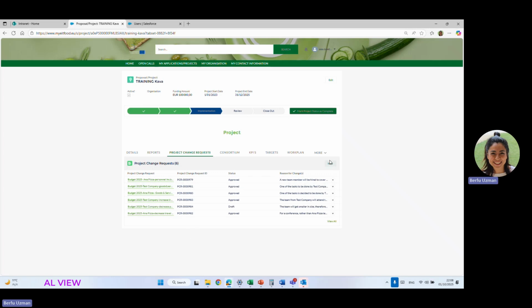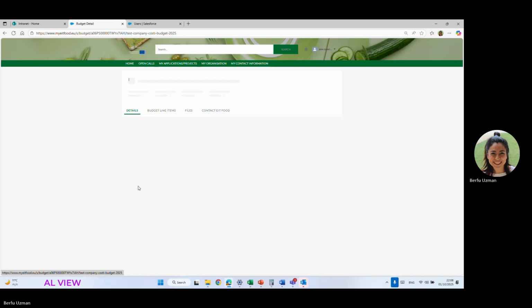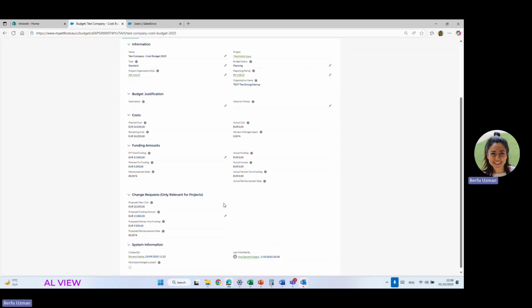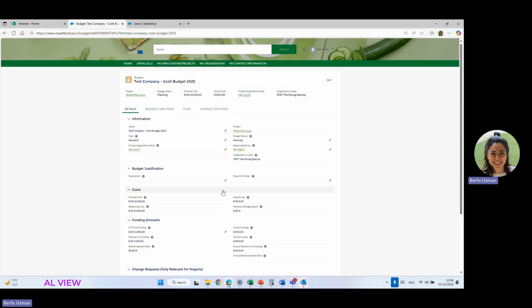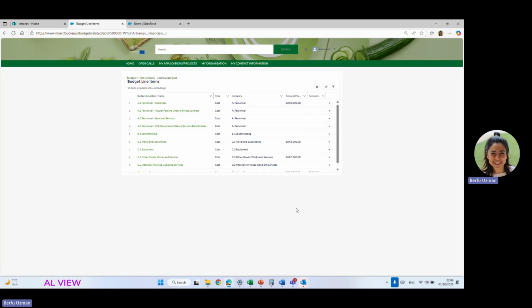So now we'll need to go to budget itself and make the change. So we click on budget, we go to test company, and we quickly check the details to see the figures, the reimbursement rate, the amounts. And to make the change itself, we go to budget line items. For this, as we mentioned before, the personnel cost will be decreased by 6K. So we click on personnel,